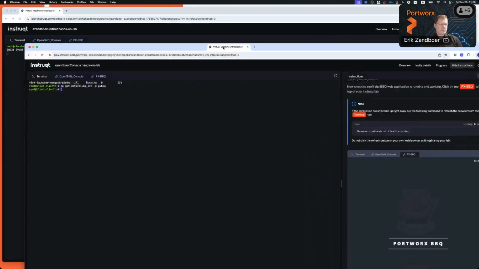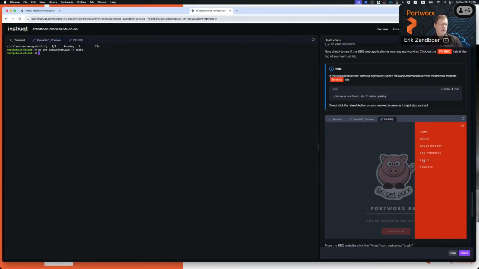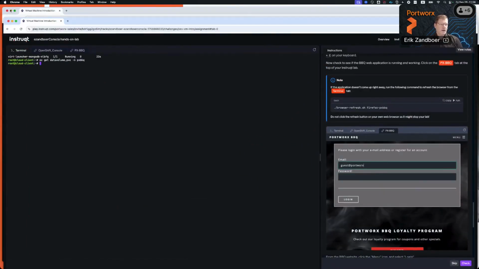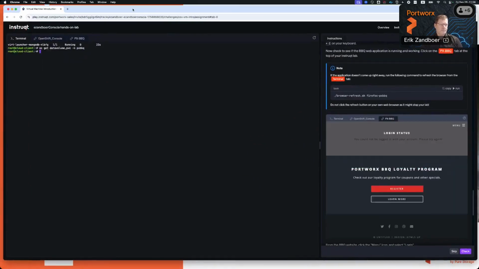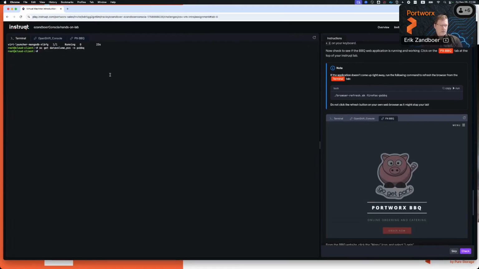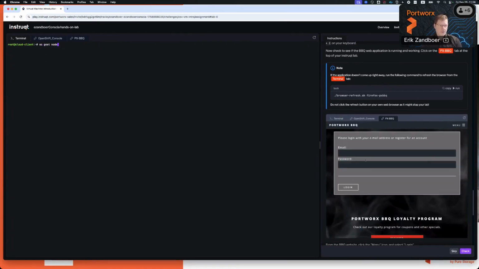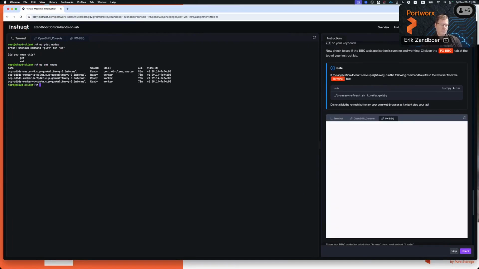Let's see if this works better. Because why would you have one lab if you could have two? Oh, at least this is responsive, so it might be good.